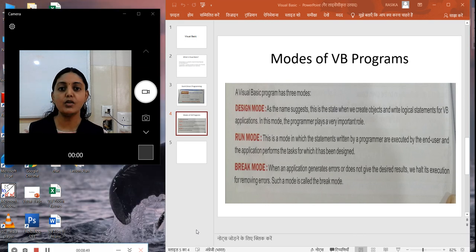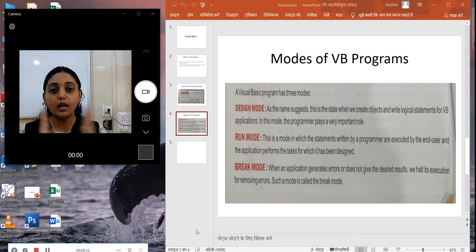So design mode. What is there in the design mode? As the name suggests, this is the state when we create objects and write logical statements for VB applications. In this mode, the programmer plays a very important role. Whose important role is there in the design mode? Programmers. Programmer means the person who is going to write the program, and the steps which are written are called the program.